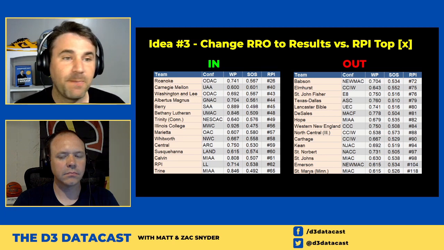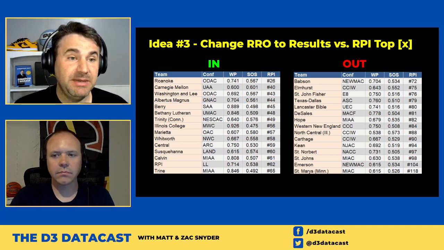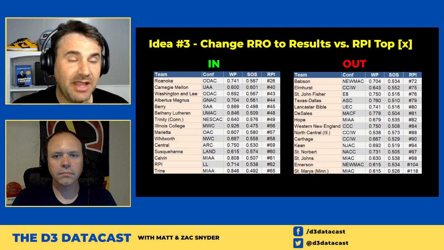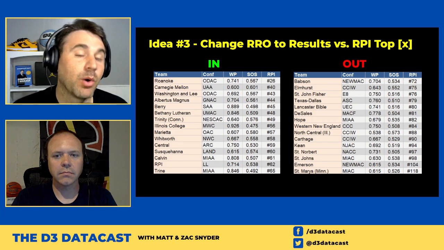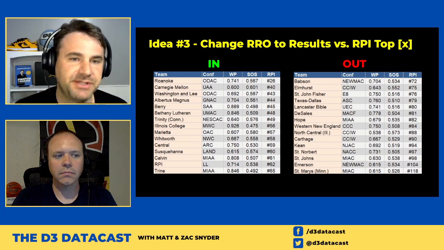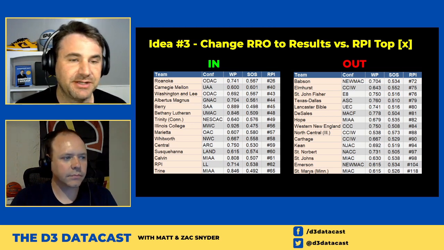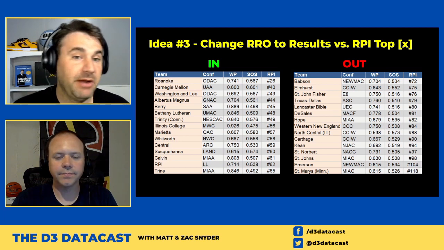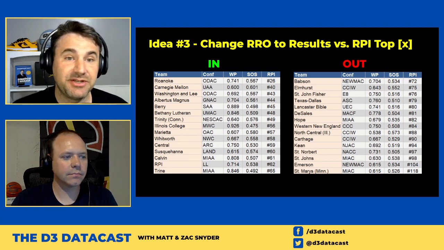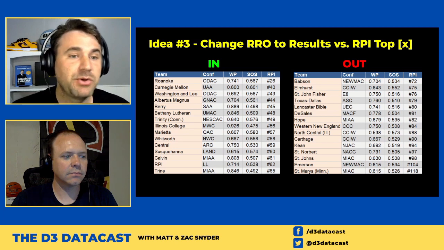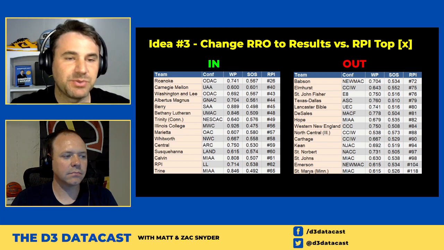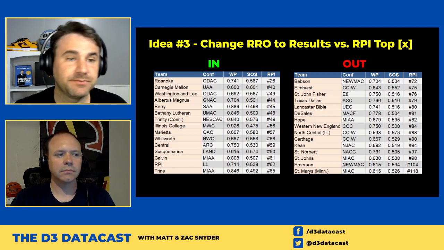If you did this formula like RPI, I think we're adding value, we're adding speed to the process, and we're getting the real time data, and we're not really drastically hurting the types of teams that we see. And in fact, we're adding more context by counting a team like Roanoke, who's good all season, had good numbers, and just fell outside of a really, really deep Region 6 last year. And same for several of the teams on the board. Barry, in the exact same region, 889 winning percentage, a strength of schedule that was hovering right around 500 for most of the end of the season, and they could not sniff the rankings. Why can we not consider a game against Barry in these results? And I think we should. And that's why I would love RPI top 100.